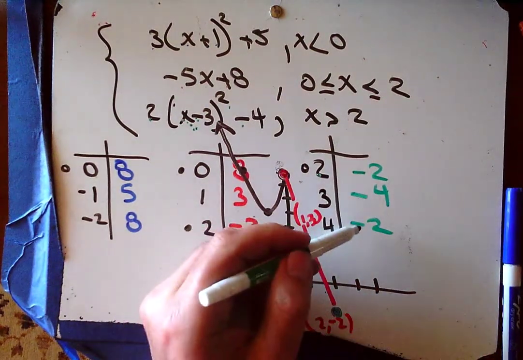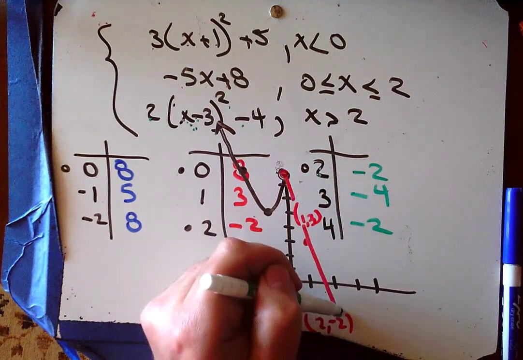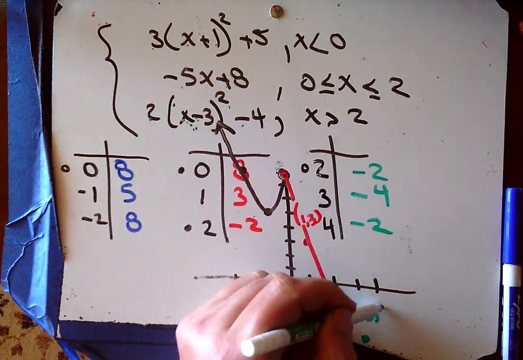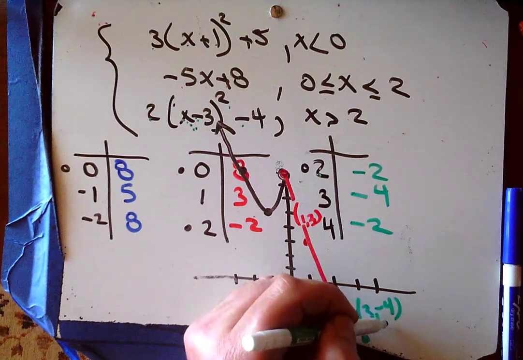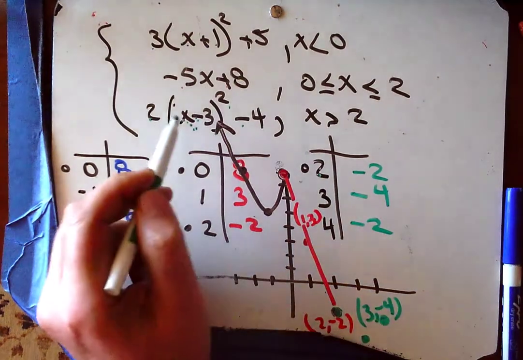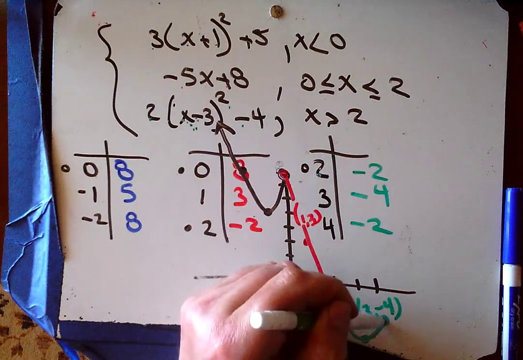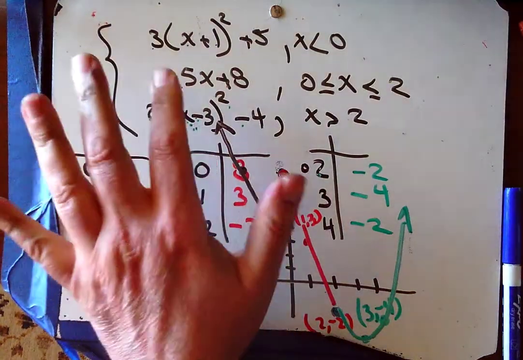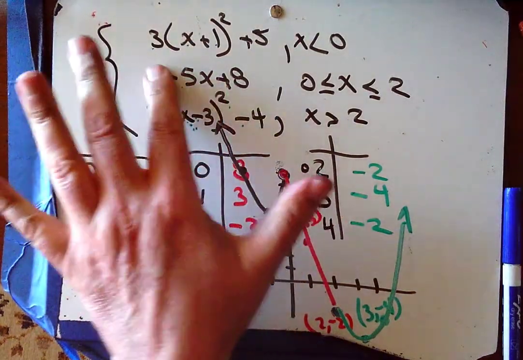Okay, so what do we have? We have 2, negative 2. We have 3, negative 4. And we have 4, negative 2. We know this is an up-pointing parabola through those points. Okie doke. All right. Hey, what if instead of negative 5x plus 8 here,